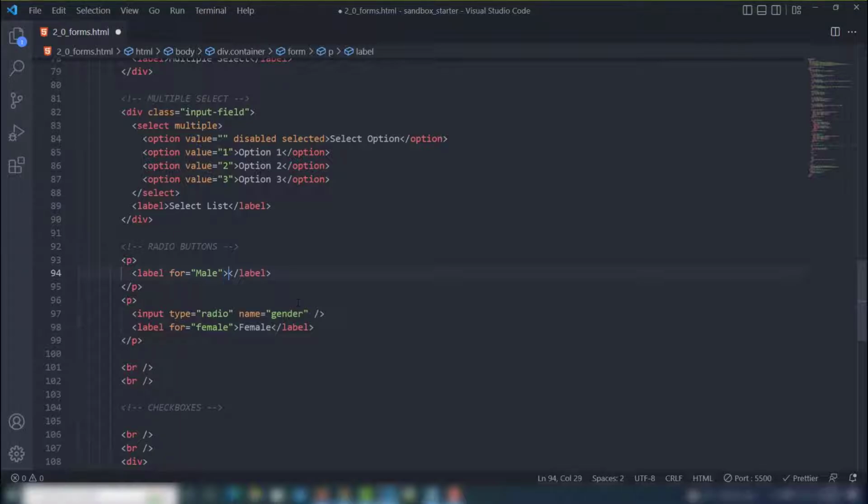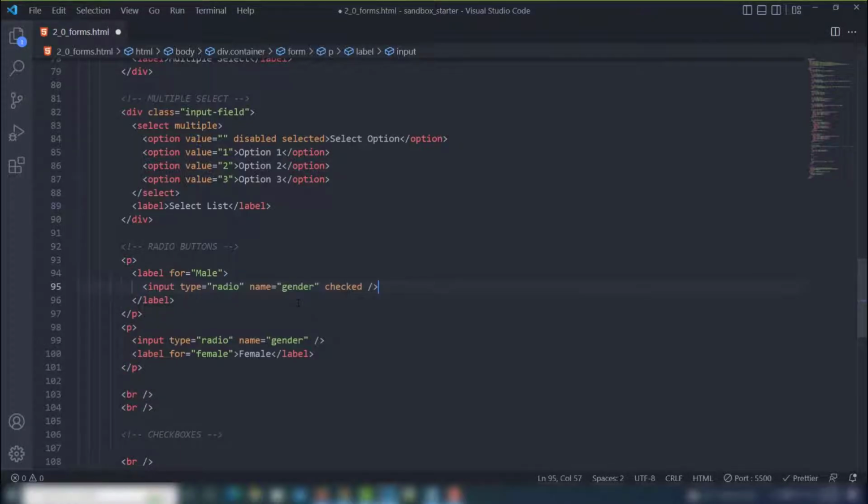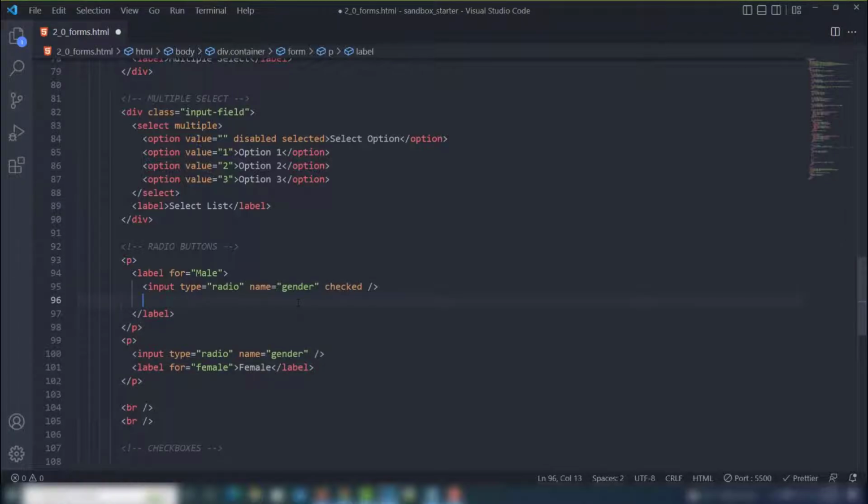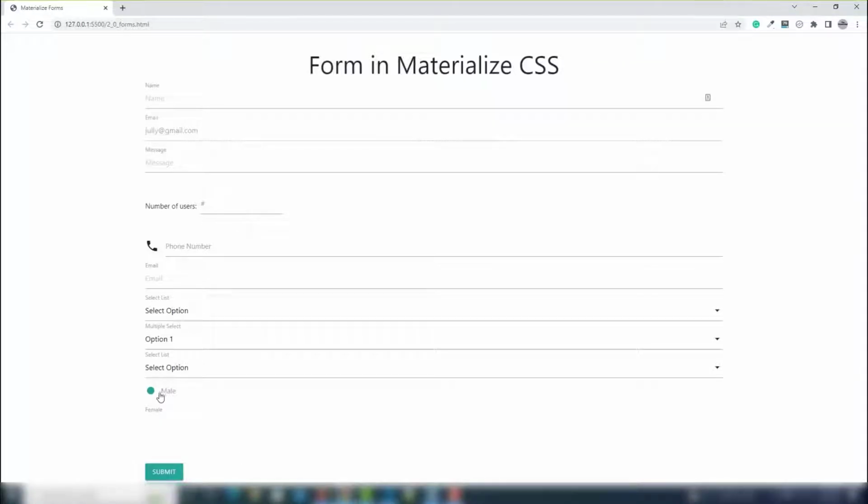I will call label tag. Inside the label tag I'm gonna use the input field, and then I'm gonna use this span tag to display the text. I think it should be display. So save, let's see. Yes,